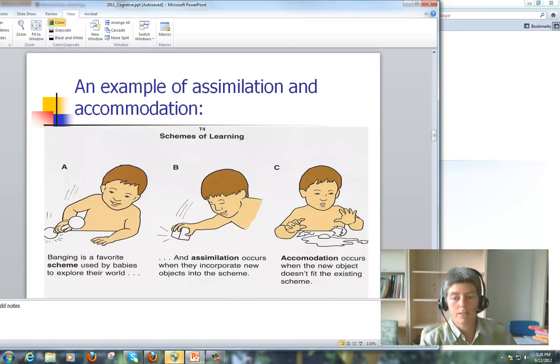and one way to think about this is children. Children are assimilating and accommodating all the time. If you have a kid, if you're a parent, you've seen this over and over in all kinds of forms, right? Banging. A baby has something and they bang it against a hard surface, right? Then they pick up a different thing. Maybe it's soft or maybe it's square like in this, and they incorporate new objects into the scheme and see what happens. And then maybe in this case they grab an egg. It's not always an egg, luckily at my house. But when accommodation happens, when the new object doesn't fit into the existing scheme, in this case, the egg goes all over the place, right? Nothing so far has happened to go all over the place, right? It's just made a different sound or had a different texture,